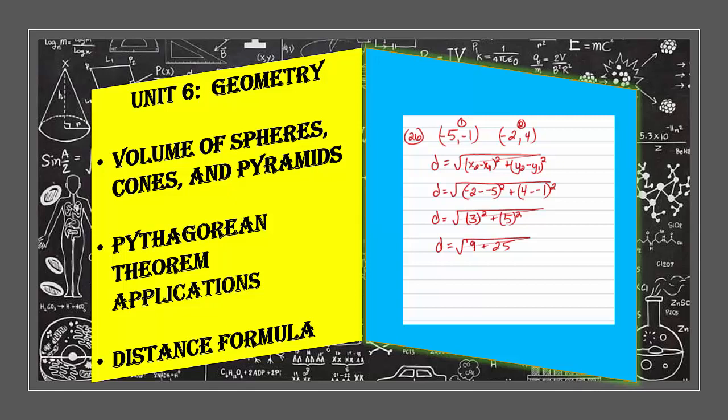So D is equal to the square root of 34. Where that's factors are 2 and 17. So it's not going to simplify any further. It will have an approximate value of 5.83 units. What is the area